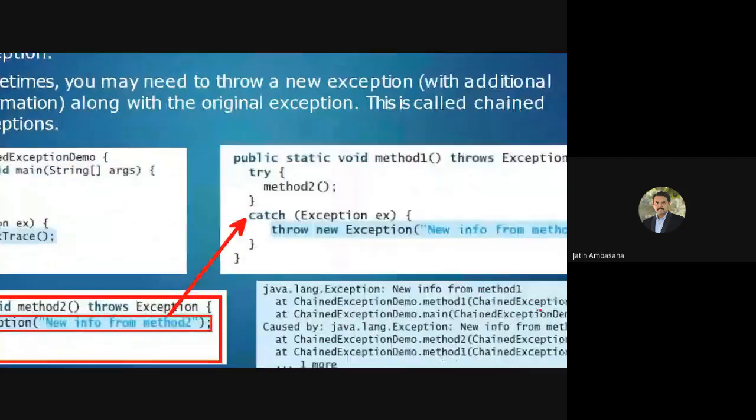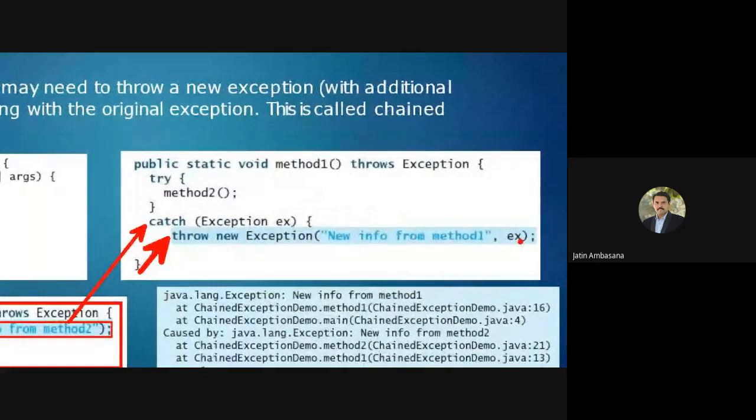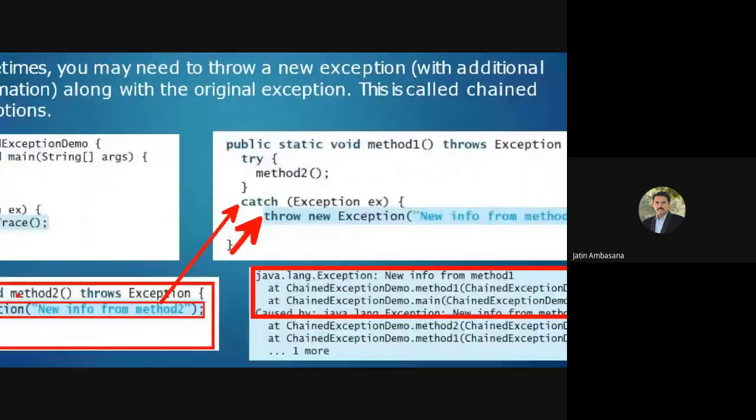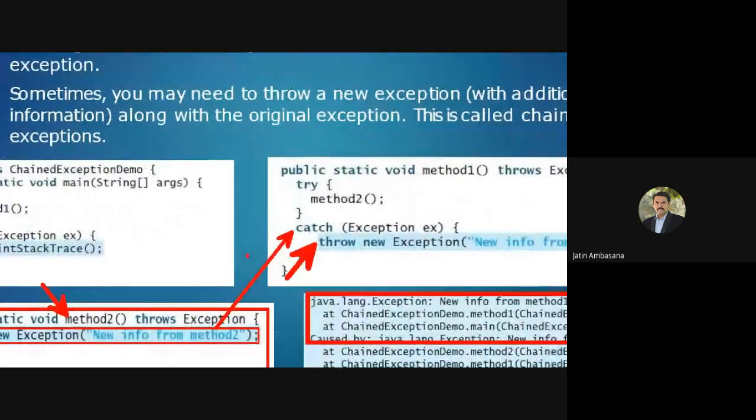But if you are explicitly throwing it again, adding it as a base exception to another exception, then the stack trace will not show you this method's name, because the exception thrown from that was already handled by this catch block.